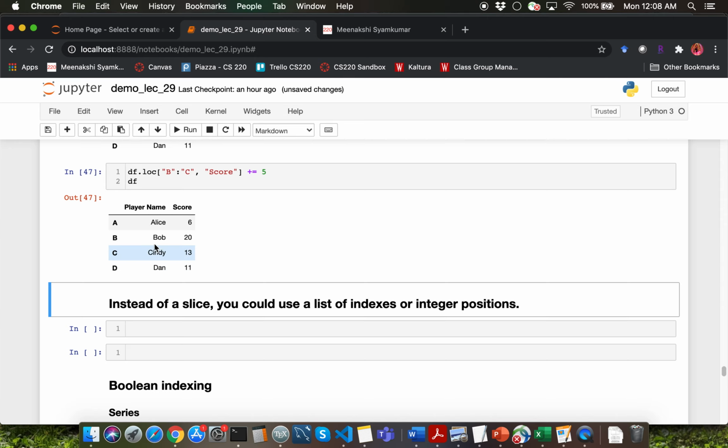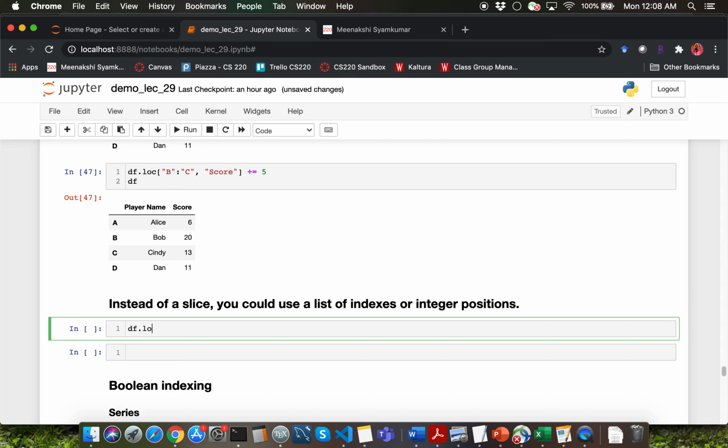Let's say that I'm going to change my specification slightly. Instead of updating Bob and Cindy's score, let's say that I want to update Bob and Dan's score. Notice that Bob and Dan are not consecutive rows, which means that a direct slicing will not enable you to perform the update using a single command. Instead of that, you can just mention a list of row index positions.